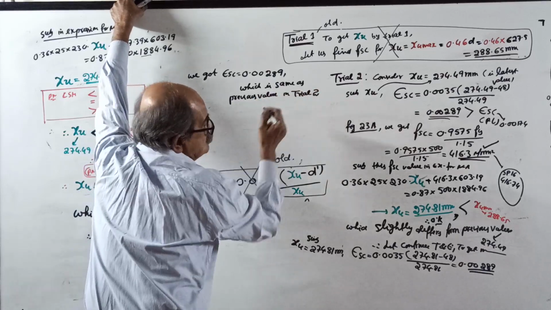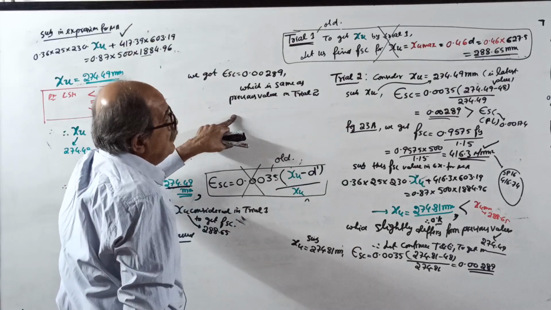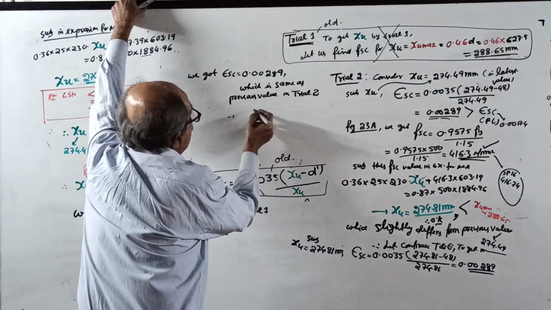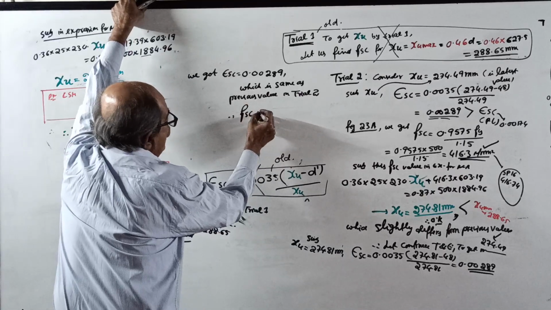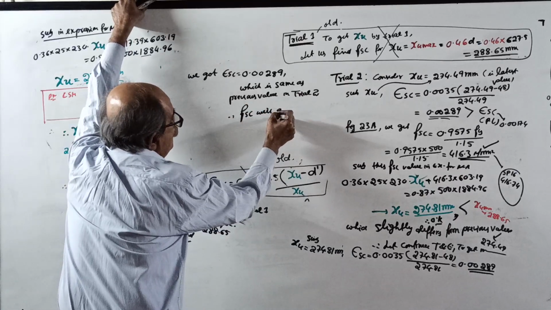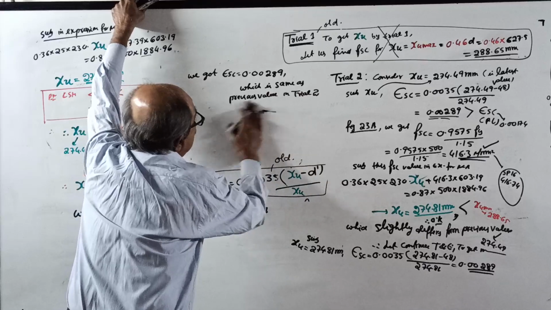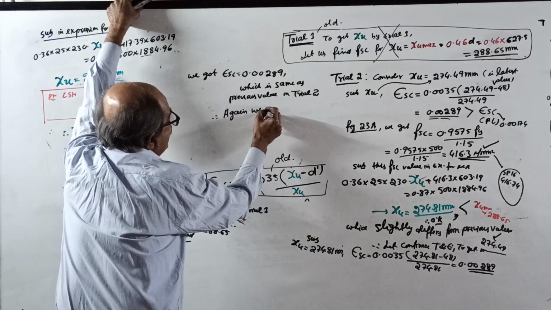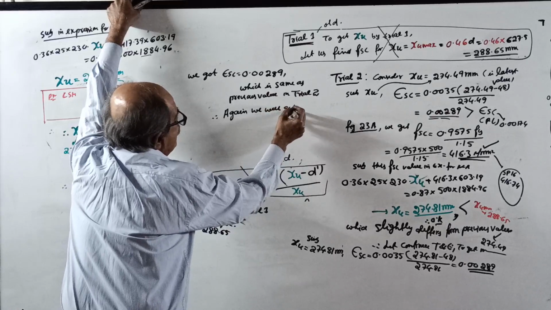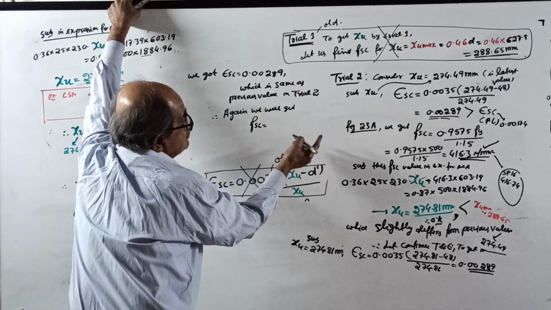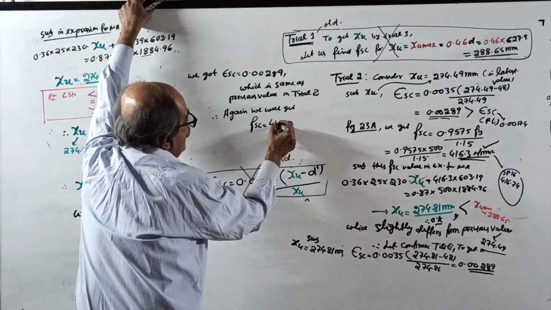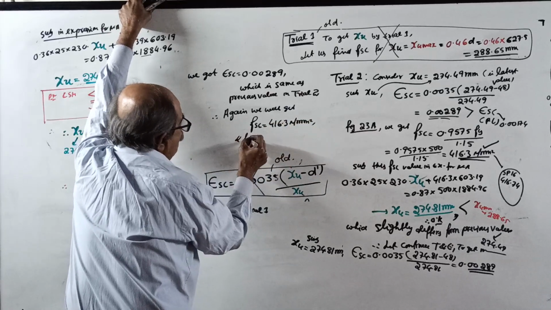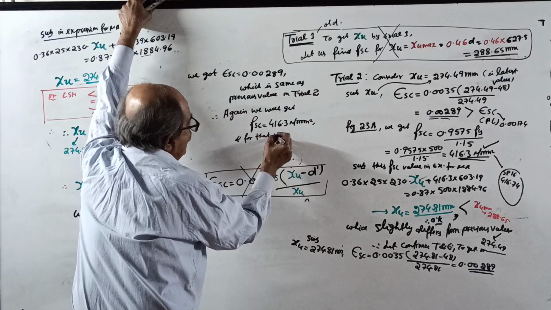See, trial 2 also we got same answer, 0.00289. Therefore, FSC will again come same answer as last time, 416.3 Newton per mm square, and for that we will get